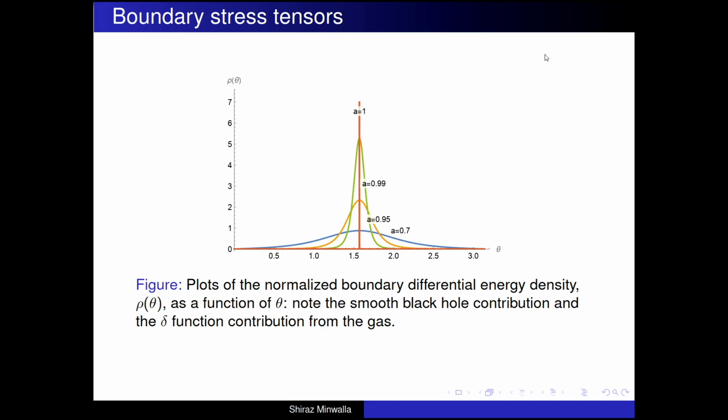In this case of AdS4, you can compute the boundary stress tensor dual to these solutions. The boundary stress tensor dual to black holes is nice and smooth, with different black holes shown by the green, orange, and blue curves. But the contribution of the gas is a delta function at the equator. Not quite a delta function, its size is 1 over square root of n. In the large n limit, it is a delta function at the equator, because the gas is going whoosh, pushed out by centrifugal force. So this delta function on the equator is an order parameter for this new solution.